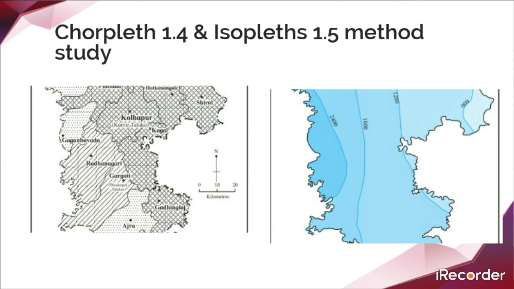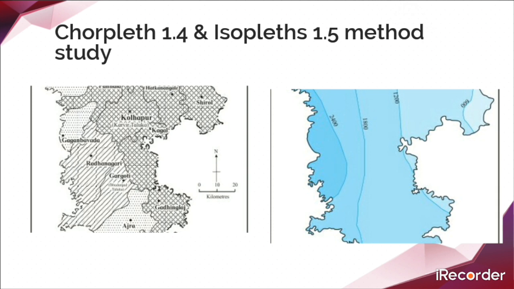Figure number 1.4. See, in which direction is the density of population decreasing? The density of population is decreasing in north and south direction. See the scale. With the given scale, if you observe it very closely and understand, you can get the clear-cut answer. Name the talukas with the population density less than 200. Just go for this 200 scale, less than 200.